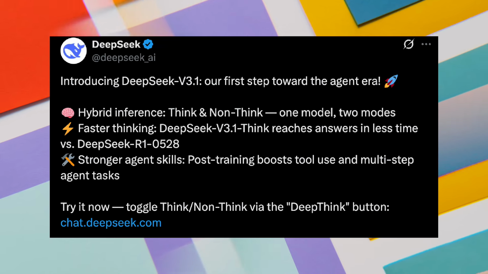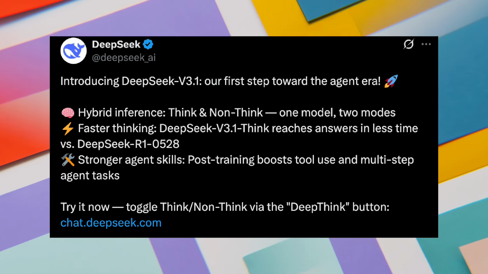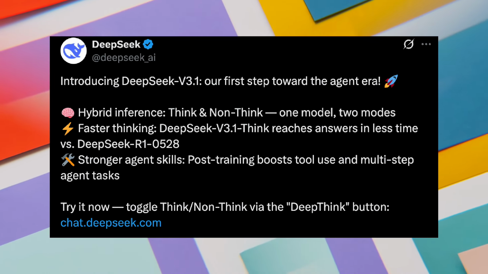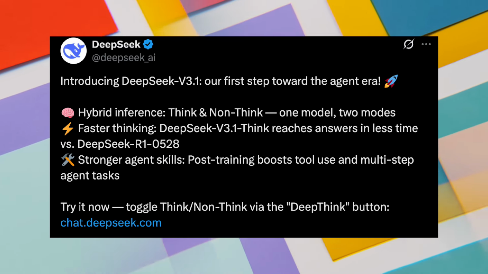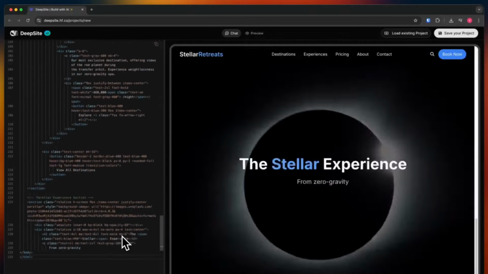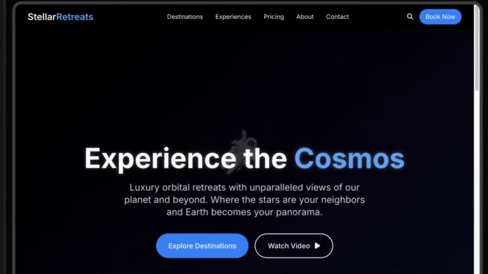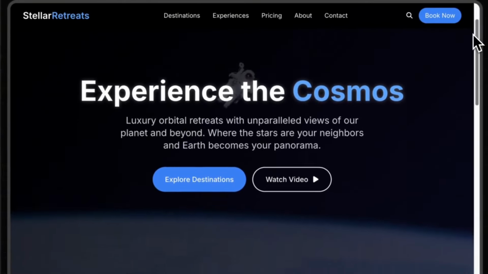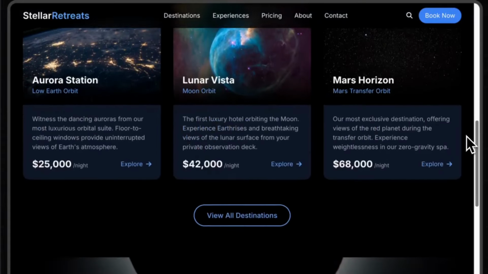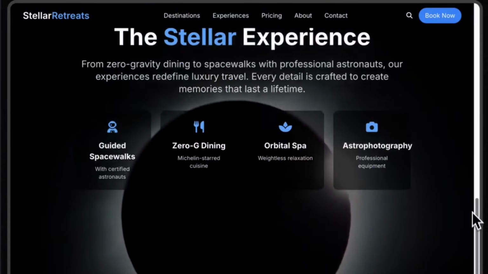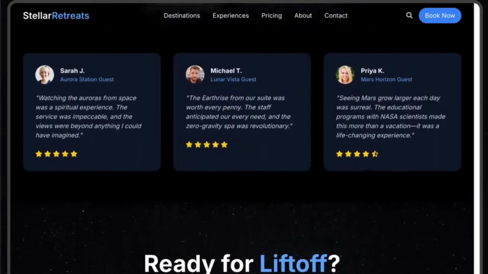So the Deepseek team just dropped their new Deepseek V3.1 model and it's a huge step forward, especially for developers. This is not just a small update, it's a completely new kind of model and it's built specifically to make our coding lives a whole lot easier. So I'm going to walk you through what's new, what's different and why you might want to switch to it